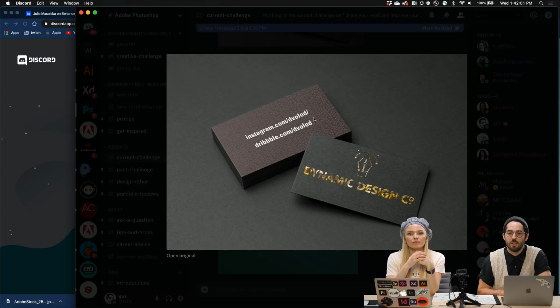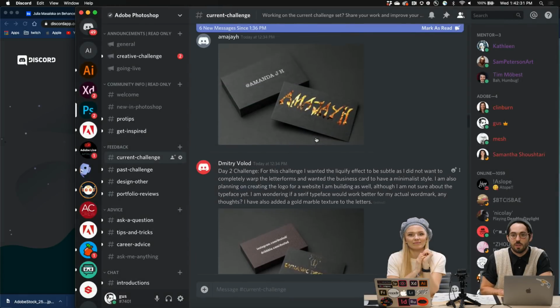This is very small and it's not design related, but I would just remove this last slash on the Instagram. You technically don't need it, and it would then line up more easily with the Dribbble. True, that's true. And I like the way you put the type. It's very simple, sans serif, very easy to read. I like how it's all uppercase on the front and then everything's lowercase on the back. I think that's a nice touch. Love it. Great job. Okay, let's see what else we can get to.